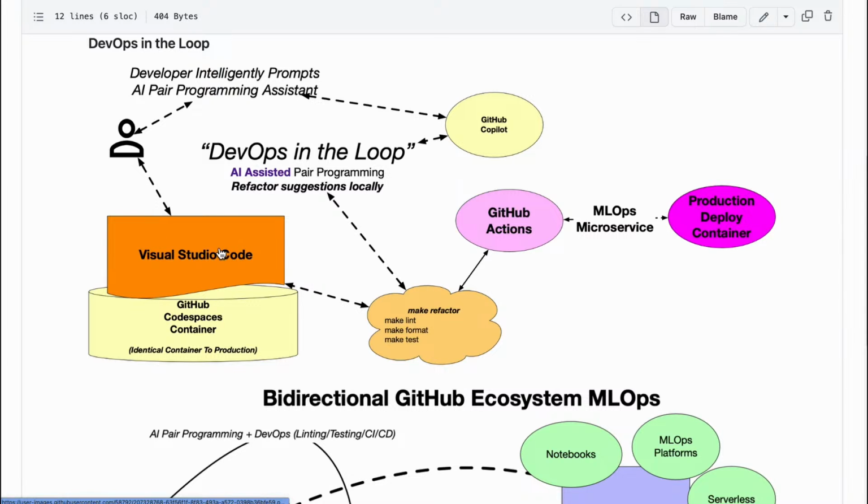And then you have a tool like Visual Studio Code. Now, what this does is it allows you to use DevOps best practices, linting, formatting, testing, to actually speed up your productivity locally. And then inside of GitHub Actions as well, the build system, it will actually test the code. And the reason I'm bringing this up is that once you understand this process locally, it makes it trivial to deploy to production. And I think many people are interested in deploying to production, deploying machine learning operations type tools, deploying microservices, deploying command line tools, deploying containers. All of this is assisted by DevOps in the loop.